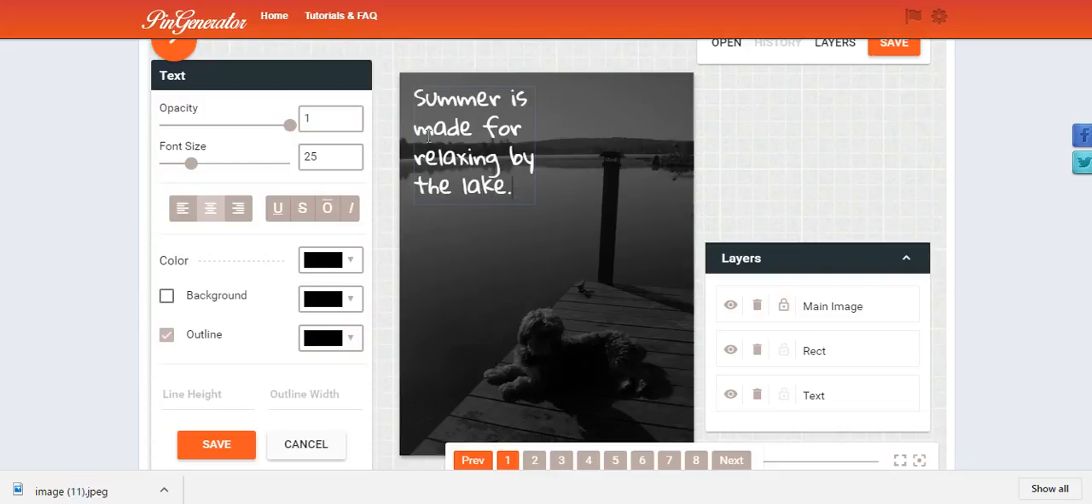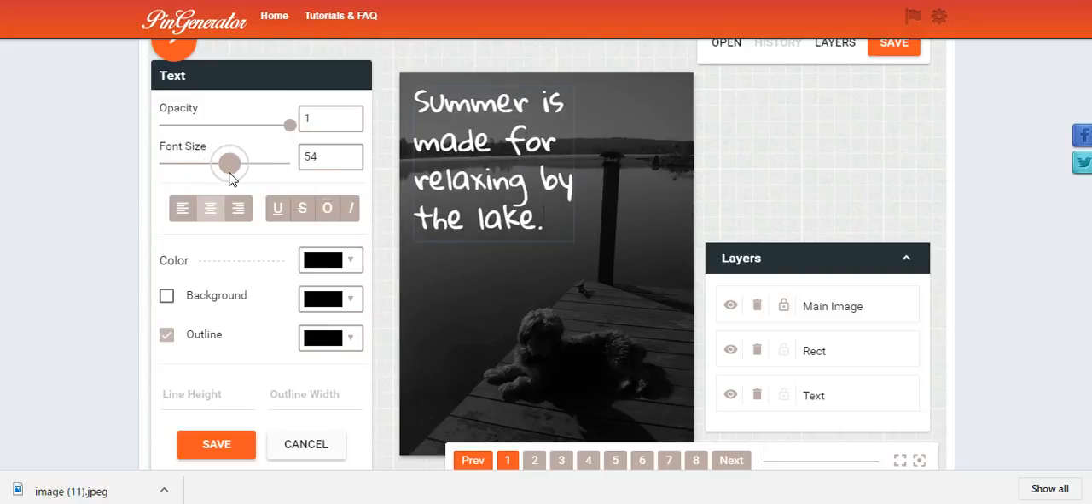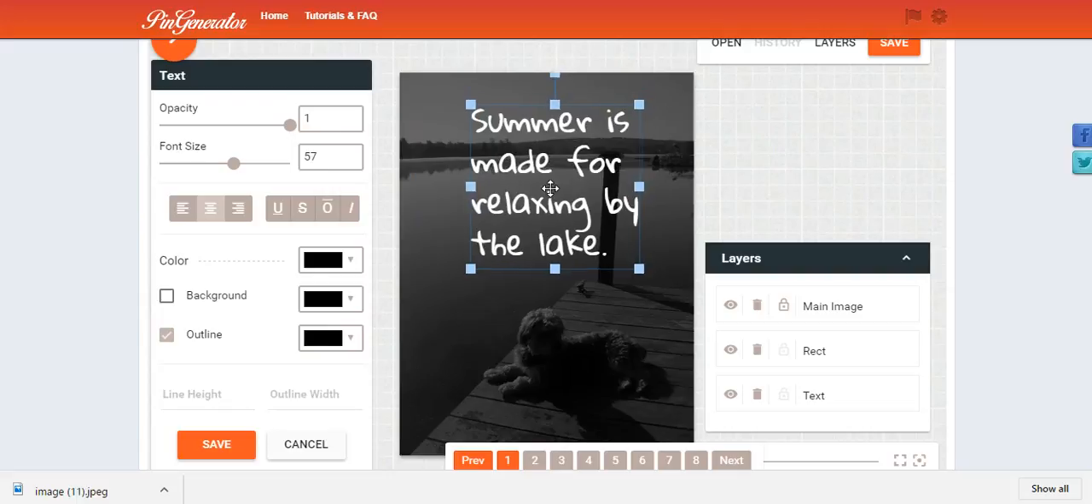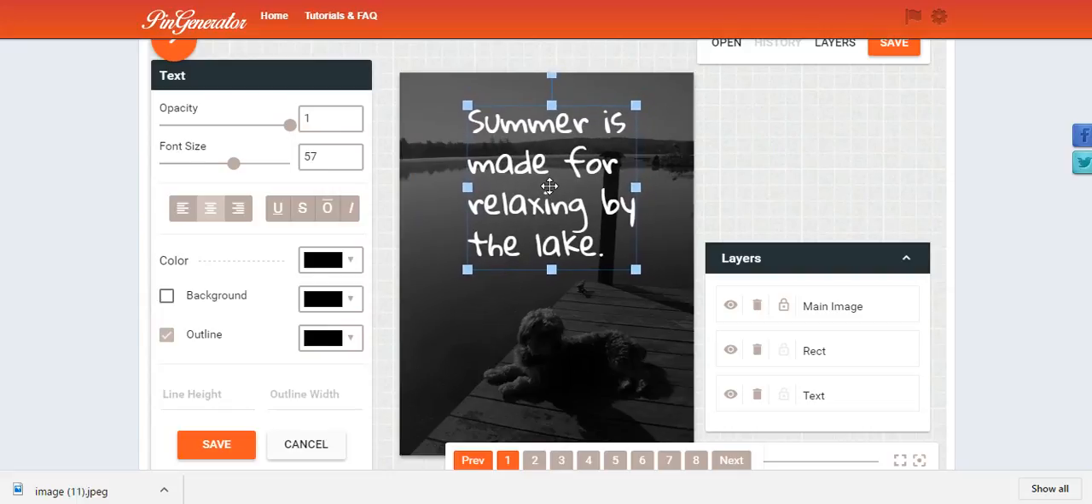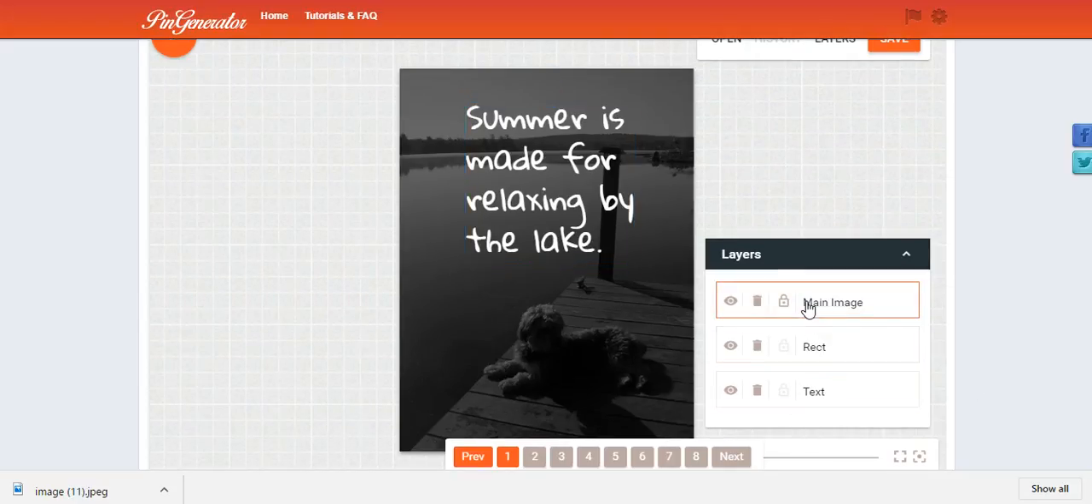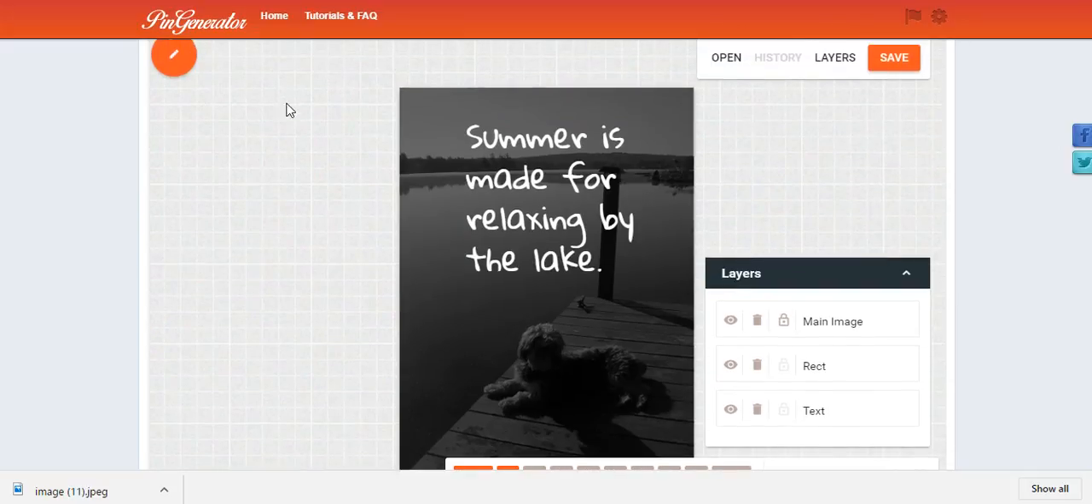And that's really small, as you can see. So we come over to the font size slider and get that. Okay, that's pretty good. Click save. Kind of put this where I want it. There's that right there. Another thing you can do, this is the cool thing about layers, is you can, if you want, create another